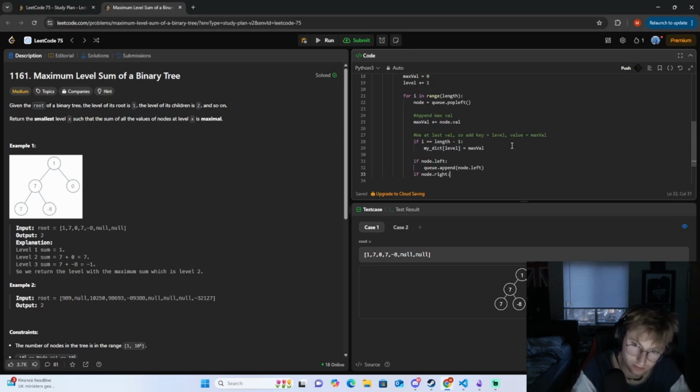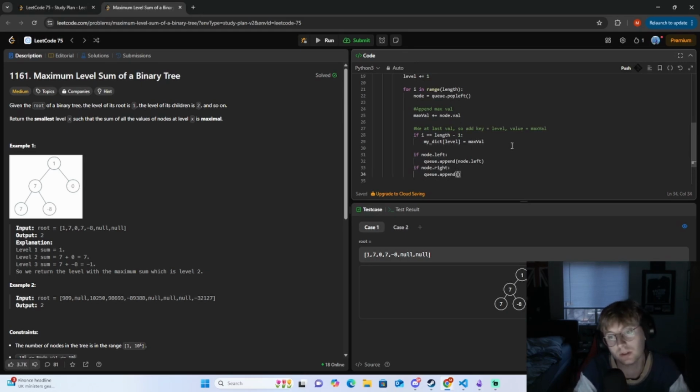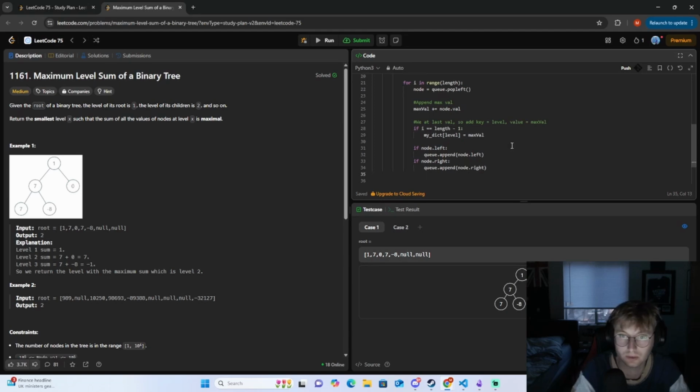If node dot right, we want to do Q dot append node dot right. Then we want to